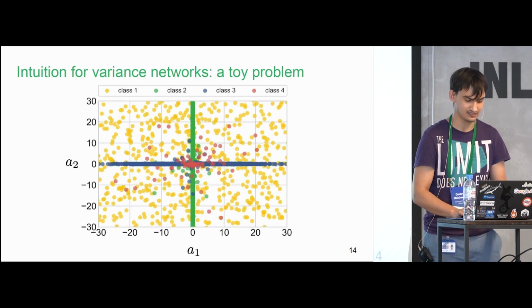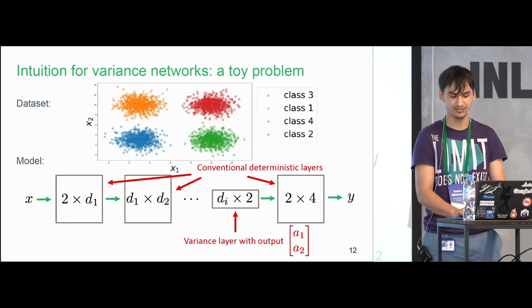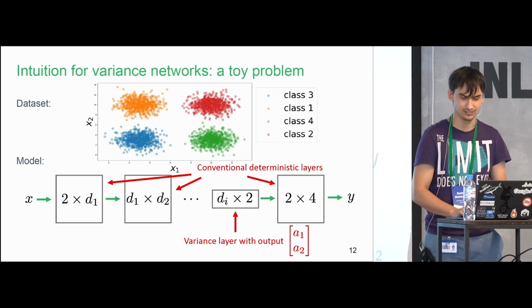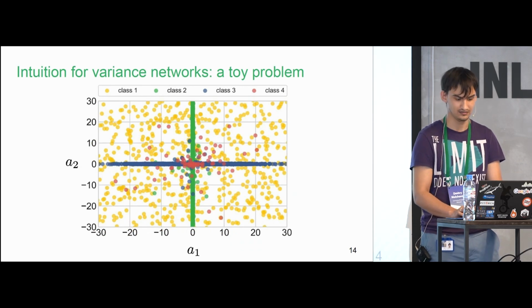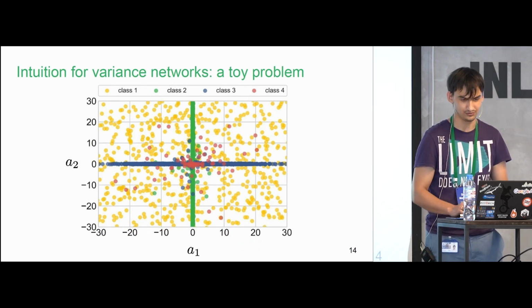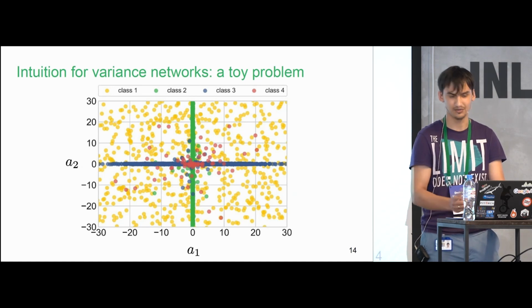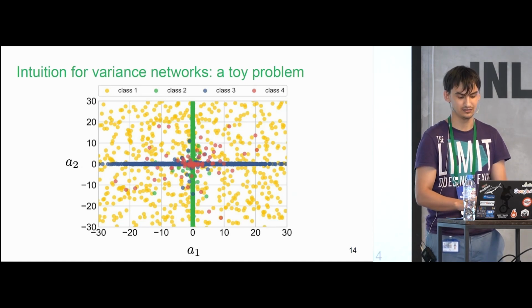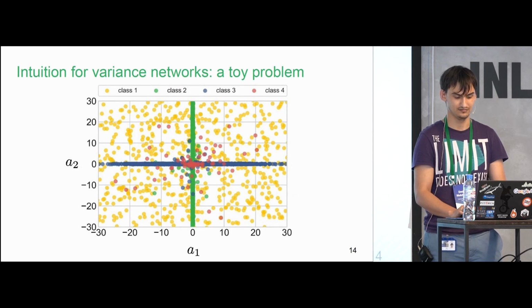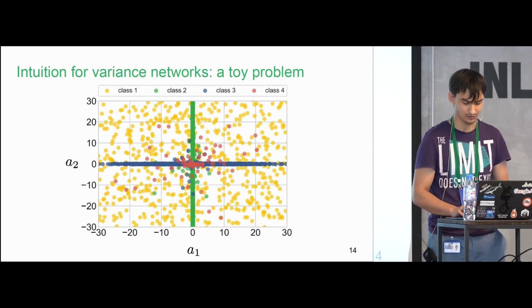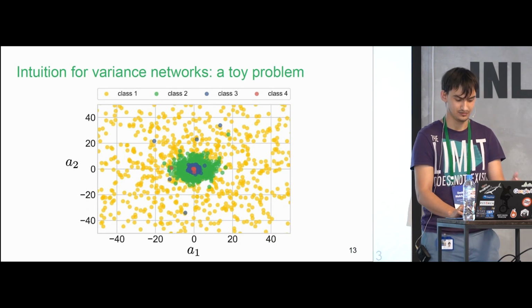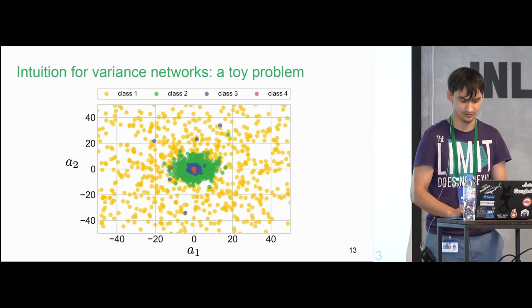Yes, so basically these are two separate networks trained from two different initializations. So sometimes you obtain this solution, sometimes you obtain this solution. There are several ways to encode this. Here, it is like binary encoding: either the variance is low, or it is high. For the yellow class, both are high. For blue and green, one is high, one is low. And for the red one, both are low. And here, the encoding is not binary, but the information is shared between these two neurons.